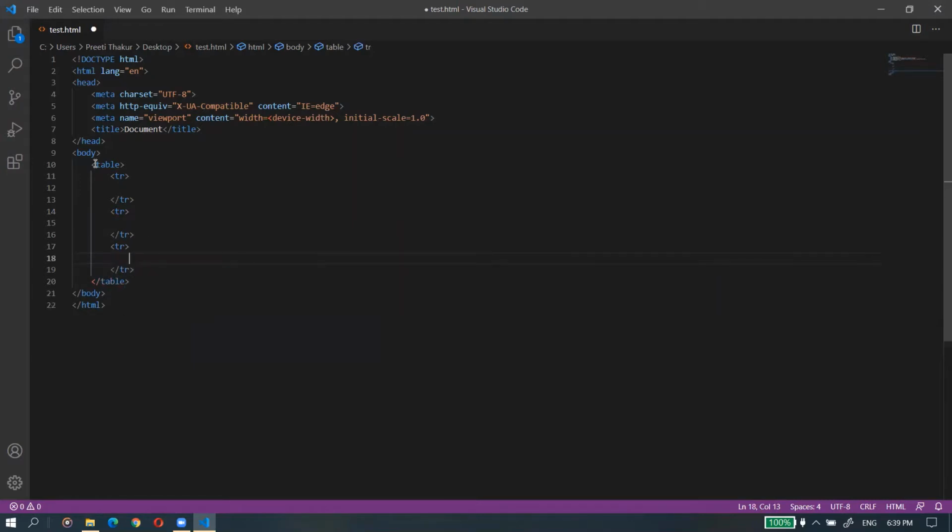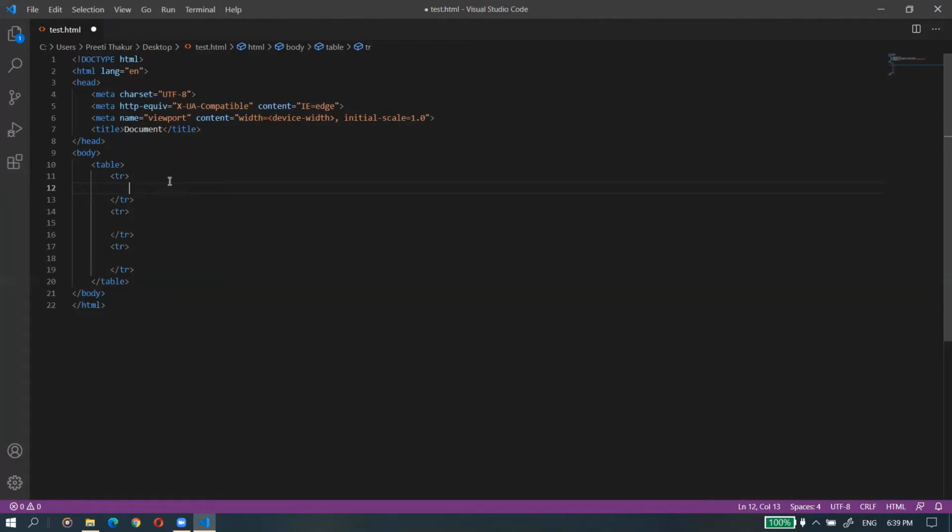Now in these 3 rows we will create our data. Here no data is there yet. What I am trying to do is create the columns under the rows. I will create the columns with the help of TD tags.